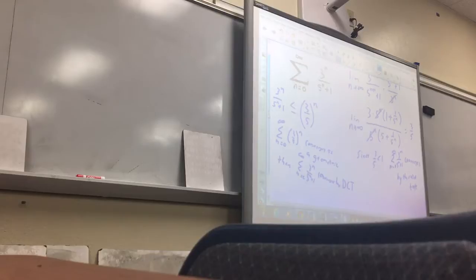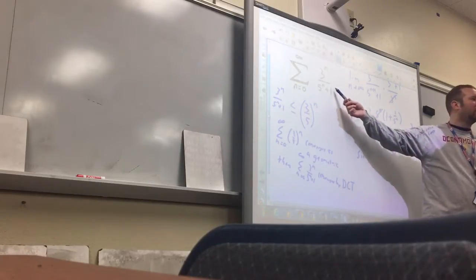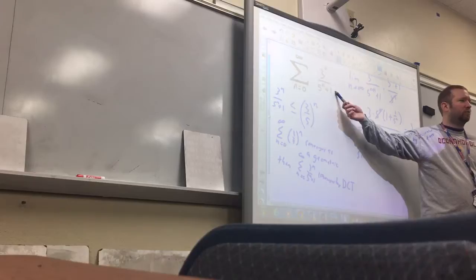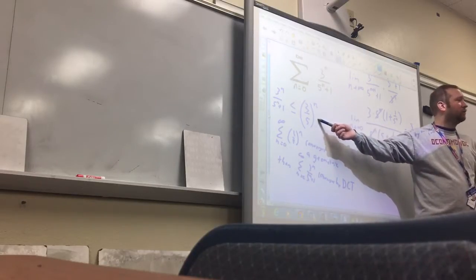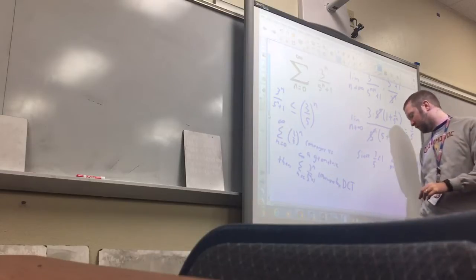We talked about a direct comparison test. We also talked about a limit comparison test, which would be finding the ratio of 2 series, specifically the series we're looking for. And what series would I compare it to? 3 over 5 to the n. This series. So a third option for this one,